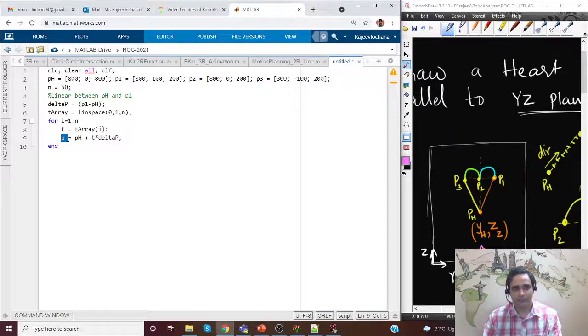Okay, now this point p will have xyz coordinates. We need to get these coordinates because ultimately we will require those in RoboAnalyzer. So I'll write px array ith index. See, I'm not initializing it for a reason, because I don't know how many elements there are. So I just want to keep on adding elements to it. The ith element will be p, the first component. Okay, so this is the x component.